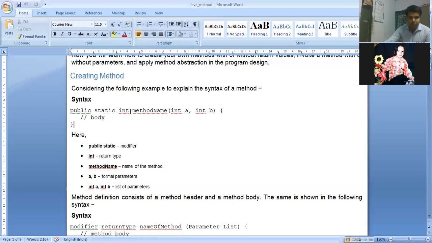Then comes your user defined method, and every user defined method needs to have a return type. Now this return type again depends upon the purpose. If you want to send back any value from the user defined method to the main method, then it can have any return type other than void. And if you don't want to return any value from the user defined method to the main method, then you can have